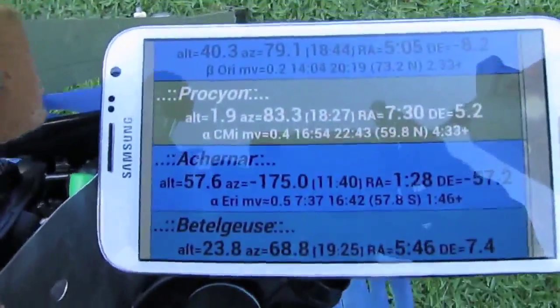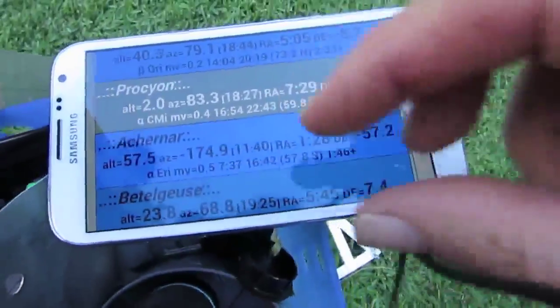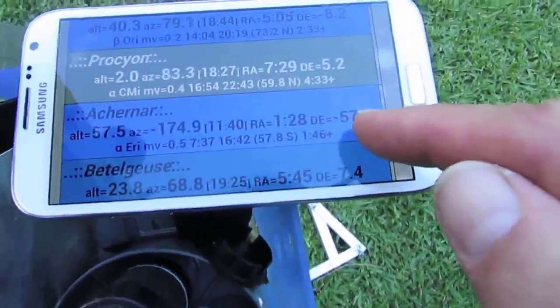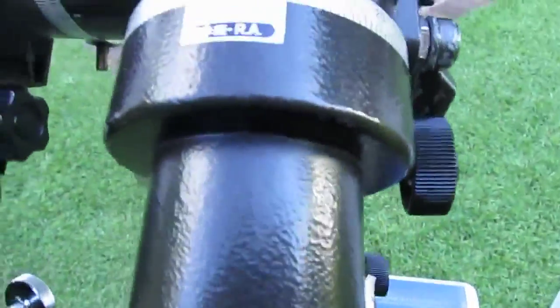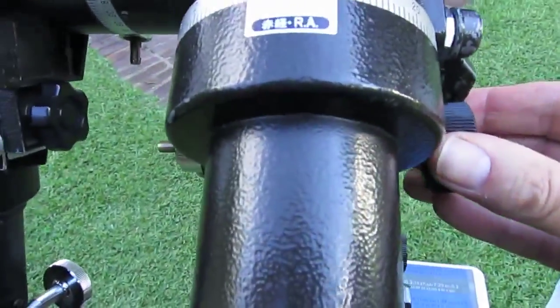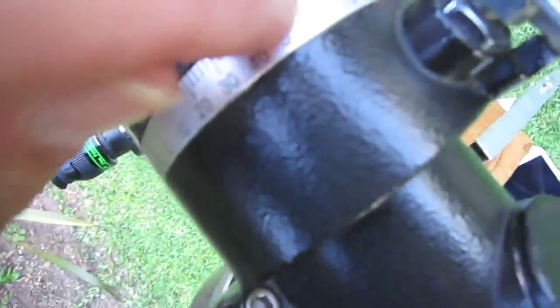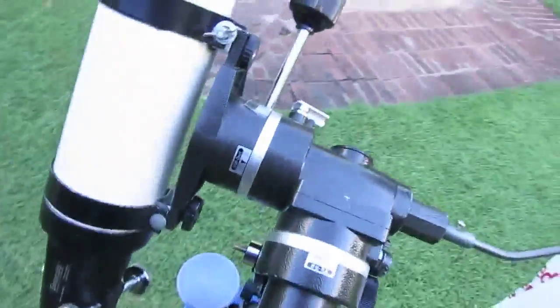Okay, now I'm going to look up a star, Achernar, at RA 1:28 and declination minus 57.2. So here now I set it up. I set it to 1:28 on the RA axis, and on the declination axis 57.2. So this is Achernar, and now we have a look through the eyepiece. Now check whether the star